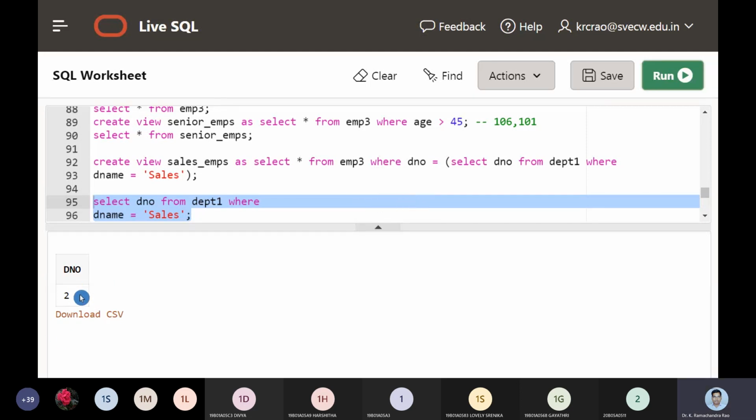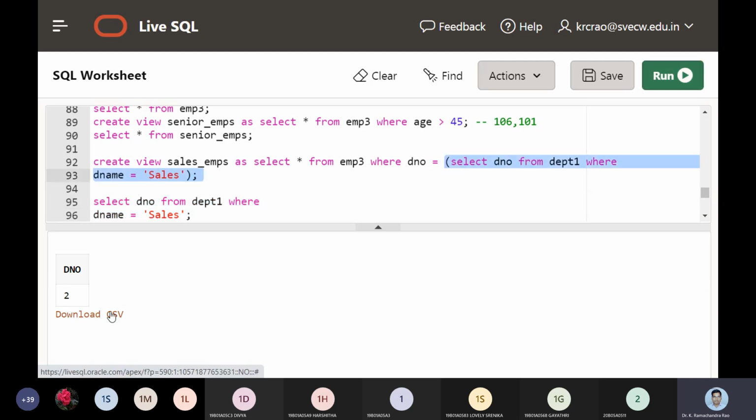So department number was 2. Now this entire complexity is resolved, right? What is in the subquery? We have executed it independently. So the sales department number is 2, and we are going to directly print it at this point.